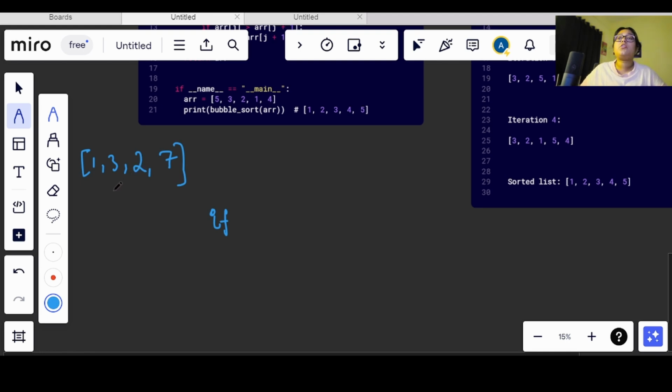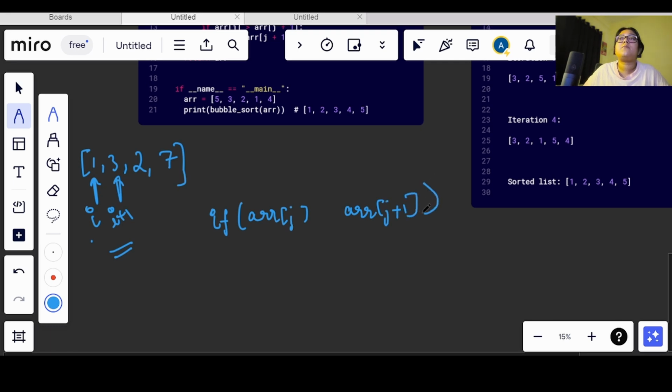In order to check which is greater, I will compare this number with this number. If this is index i, then this is i plus 1. If I have a loop which uses j to iterate, then I can use arr of j and arr of j plus 1.